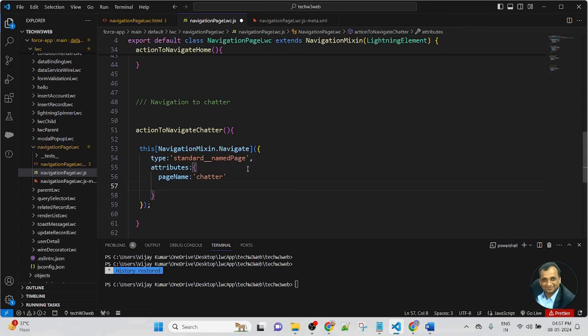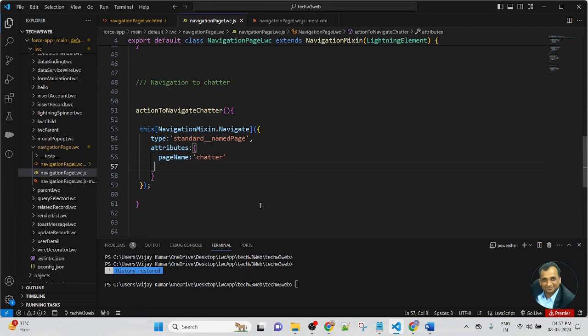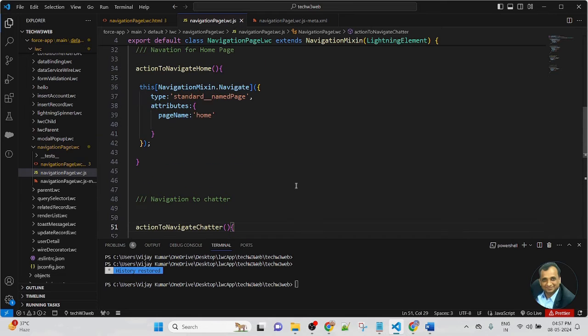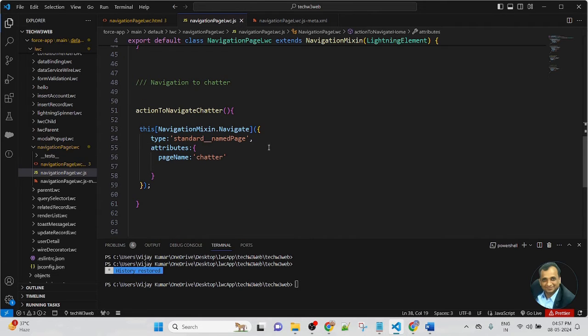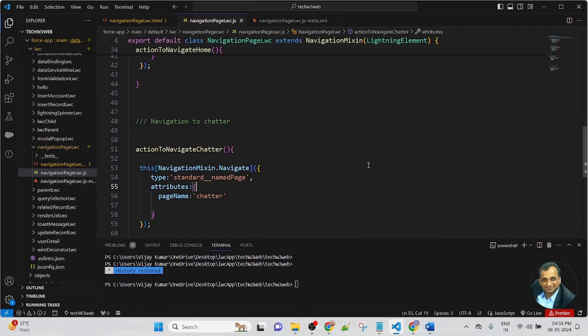Then save the JavaScript file. So only one change. I created a new function, action to navigate Chatter. In this function, I am applying the same code that is applied on the home reference page, because home and Chatter are both pages. So in that case, I am using standard__namedPage, which is also applied in the home page.